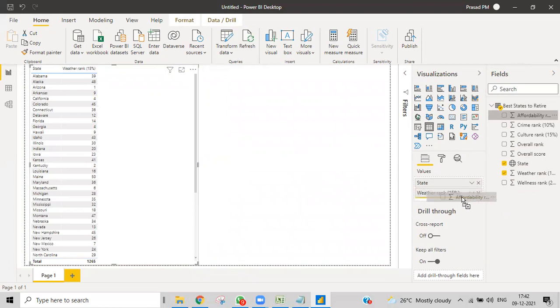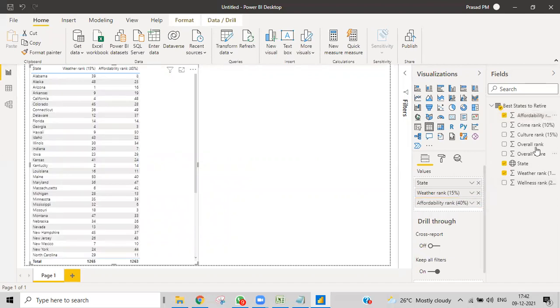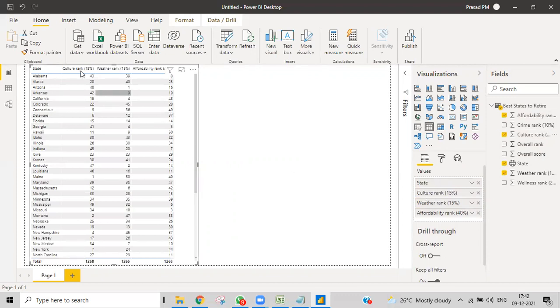Can you see the yellow line? Yes. When you see the yellow line and drop, it will go there. If I want to drop this after state, you can see I got a yellow line between state and weather rank. So I'll drop it and it will go there. You can even change this by selecting it and dragging below, and it will be rearranged accordingly.